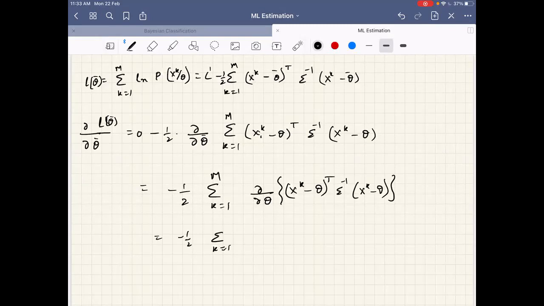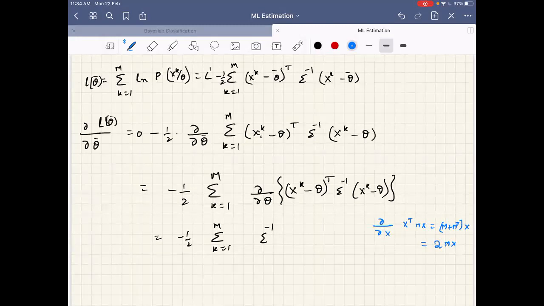Summation, sigma inverse plus sigma inverse whole transpose into xk minus theta bar. So sigma inverse. What is the differentiation? I will write it in brackets: dou by dou theta. Dou by dou x of what we had, x transpose Mx, right? What is our answer at that time? M plus M transpose into x, correct? If M is symmetric, then this is 2Mx, correct or not?